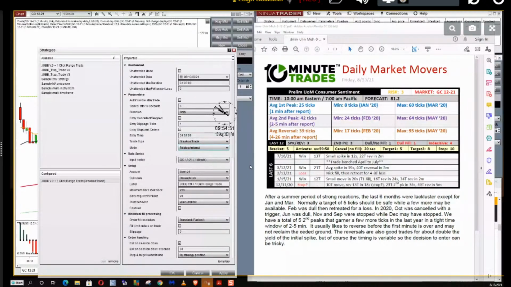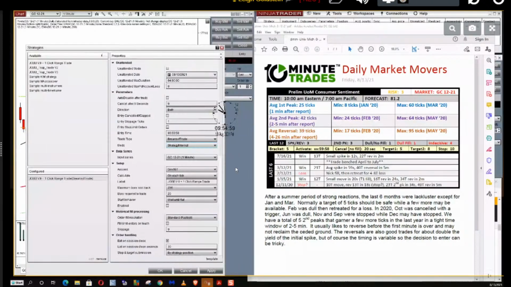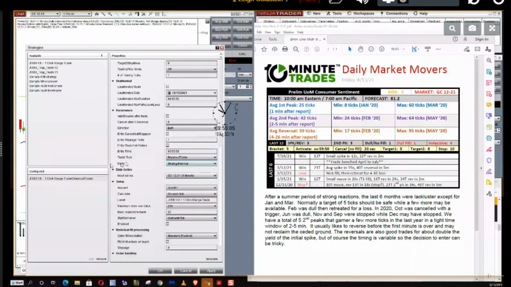It's like a super ATM. There's no reason to do it for most people. Maybe someone super advanced might want to do it. You might have something special you want to program, but for most of us it's just not necessary, because our software can do almost anything that you can program yourself. You just have to learn how to do it.